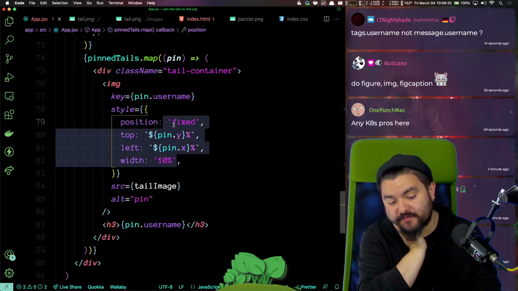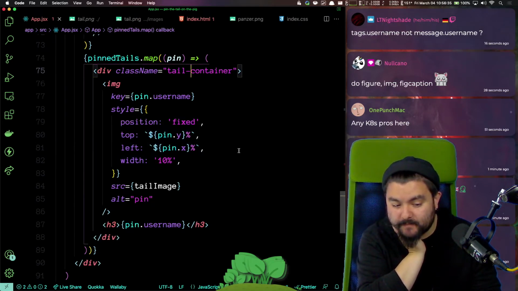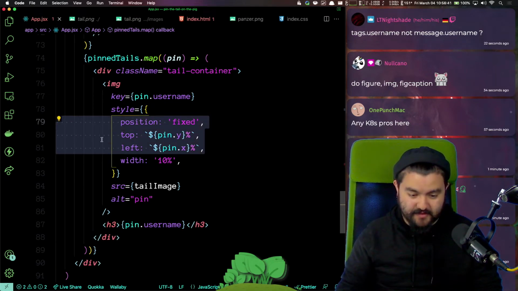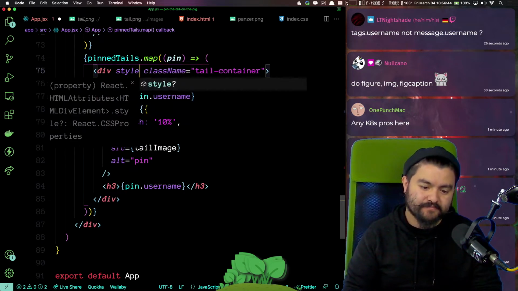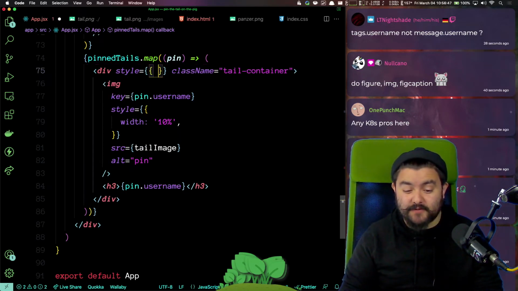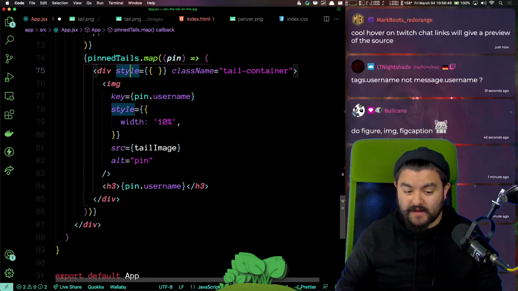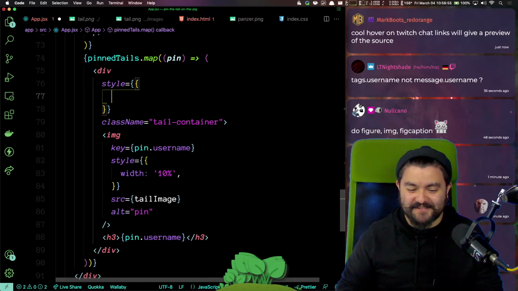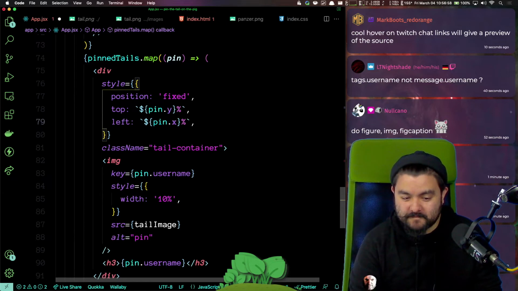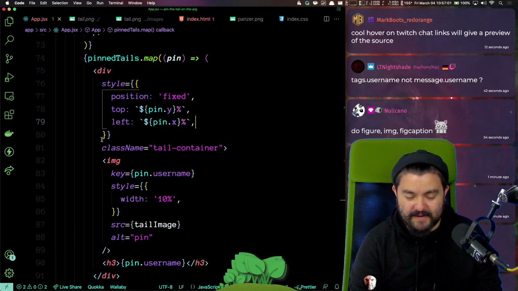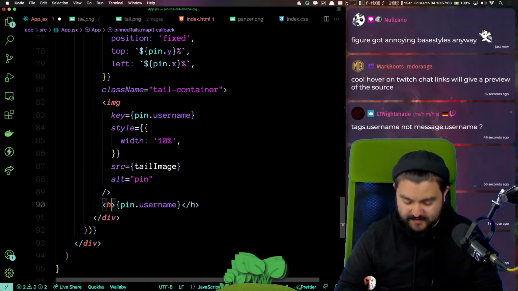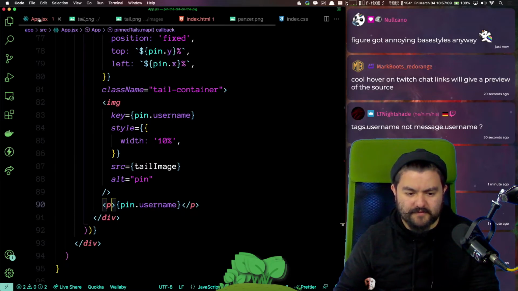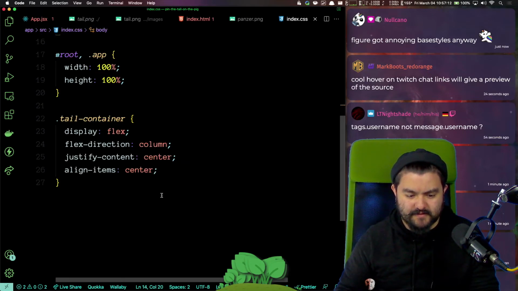Because you can see the image is fixed position, but the container is not. So really, we want this to be on the container. But the reason I hesitate is because if you have a really long username, that's actually going to affect the position of the tail. I think. Yeah. Let's actually just do a paragraph tag so it's smaller. Great. And then we want to get rid of all the margin on it.